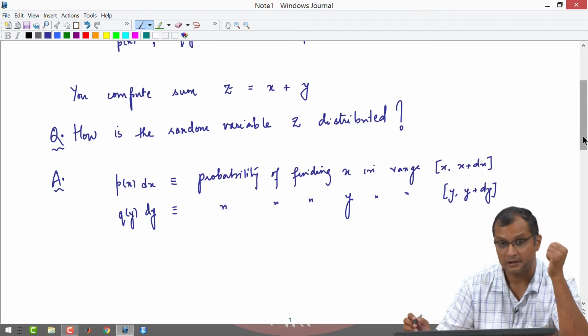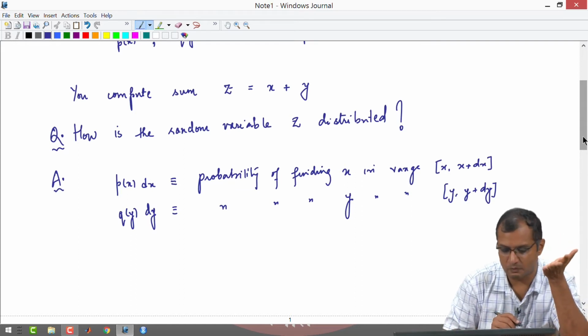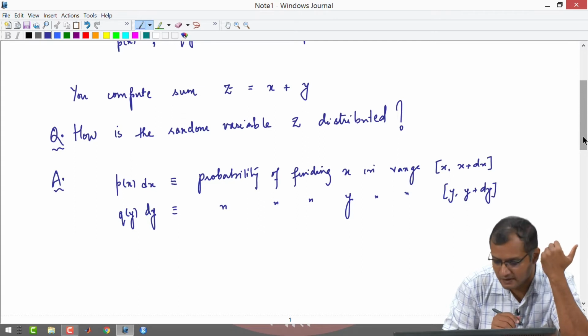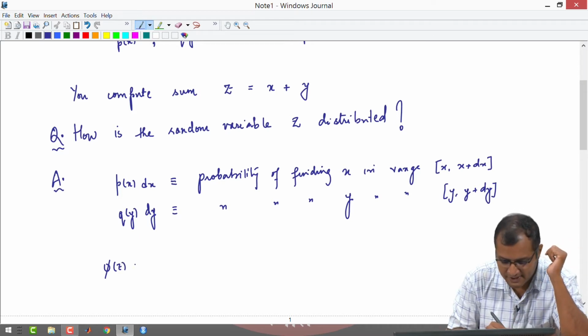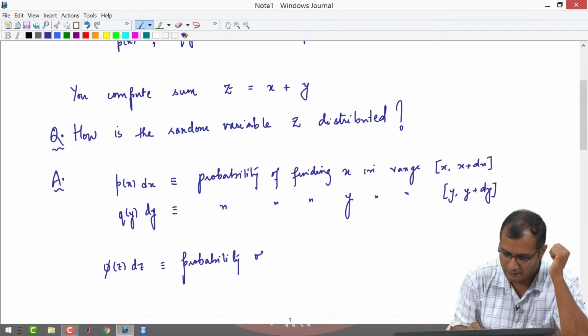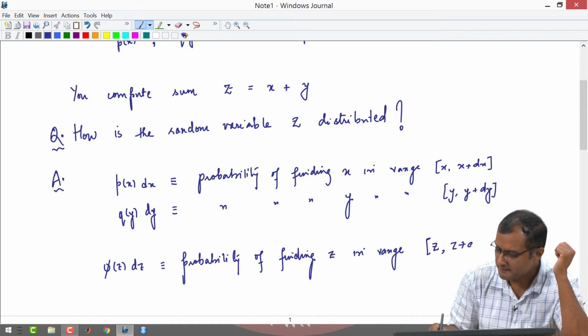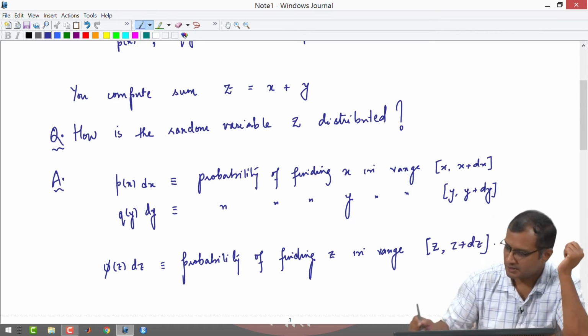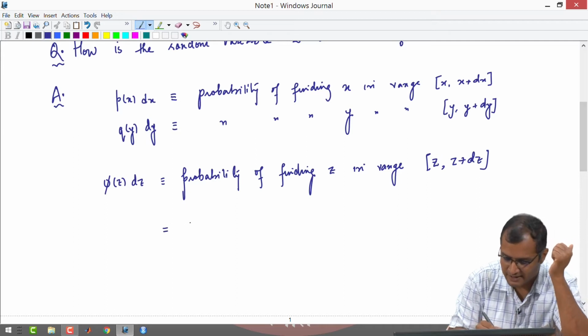So, you have to be careful here. If I am asking what is the PDF of the random variable z, which is basically the answer to the question how is random variable z distributed, let us say phi of z is the PDF of z, then phi of z dz is the probability of finding z in range z to z plus dz, okay, which should tell you that you have to be careful here, in the sense that you can't say phi of z dz is p of x q of y